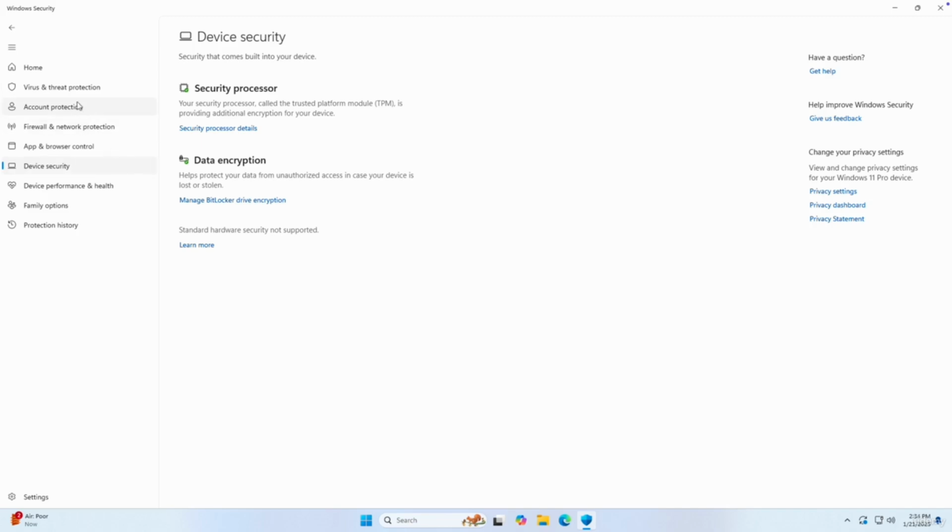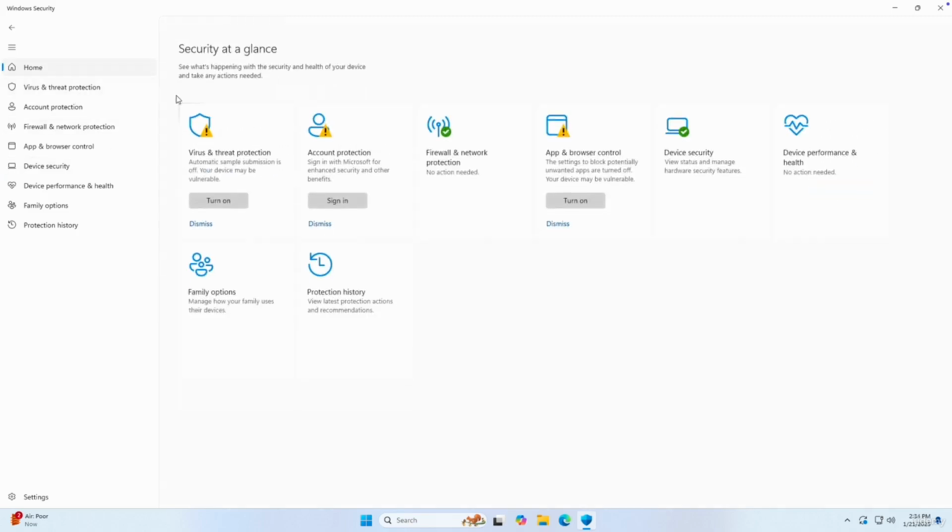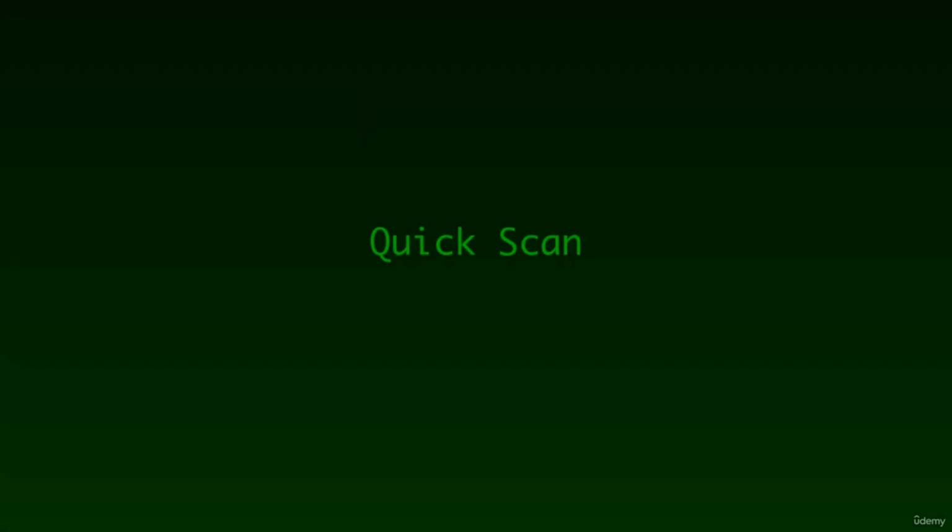So at the top of the dashboard, if we go to home, you'll see these status indicators. If everything is running, you should see everything in green with these green emblems. In this case, there are several things that are not turned on. So when you see green check marks, it means your system is being protected. And if something needs attention, like a missed scan or an outdated database, you get it here. If we go to virus,